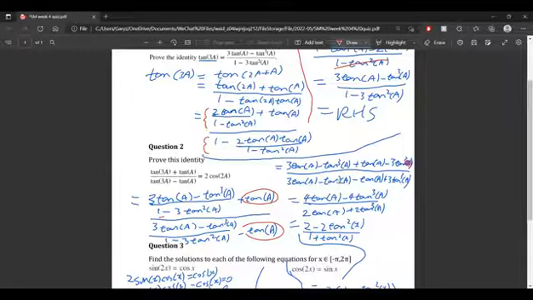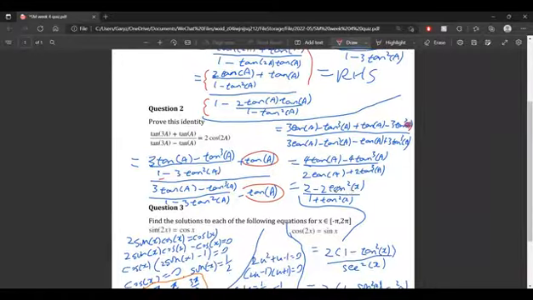On the bottom of the fraction, we have 3 tan a minus tan cubed a minus tan a plus 3 tan cubed a, which can be written as 4 tan a minus 4 tan cubed a divided by 2 tan a plus 2 tan cubed a. And we divide every term by 2 and then divide every term by tan a. We get 2 minus 2 tan squared of